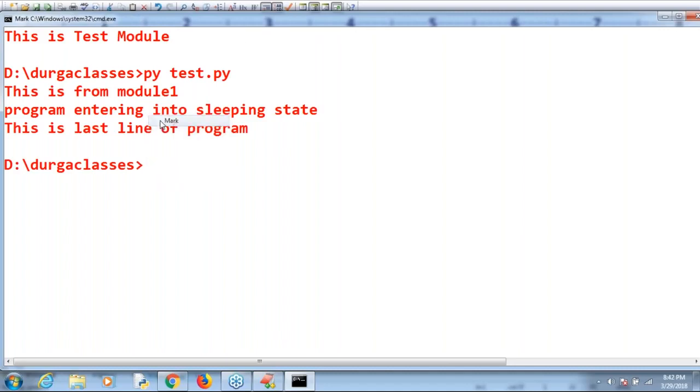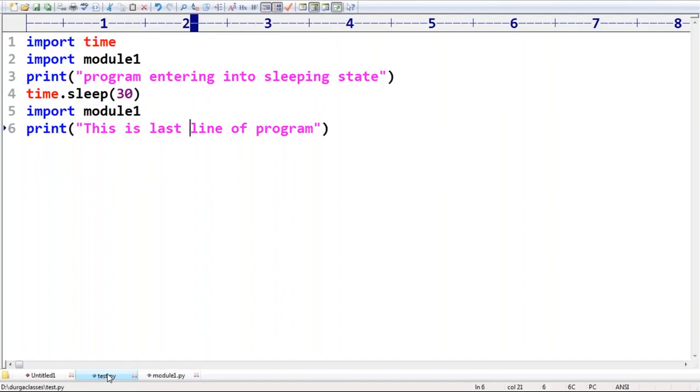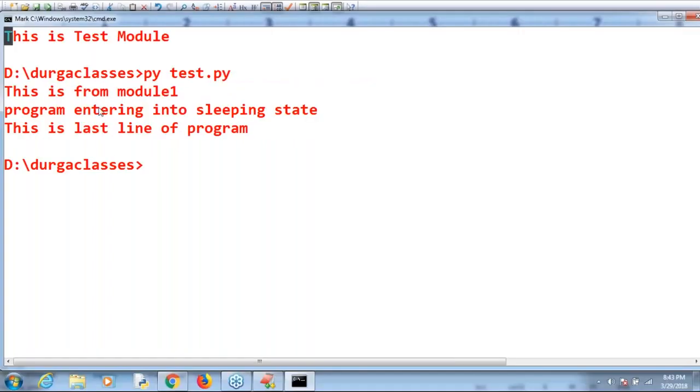Now, in our program, how many times did we import module 1? Two times. But how many times is it loaded? Only once, at the beginning. Even though you modified your module, sorry man, that updated version is not available to your program. I hope everyone can see the problem. Is it a problem or not? Yes, because the updated version is not available to my program.